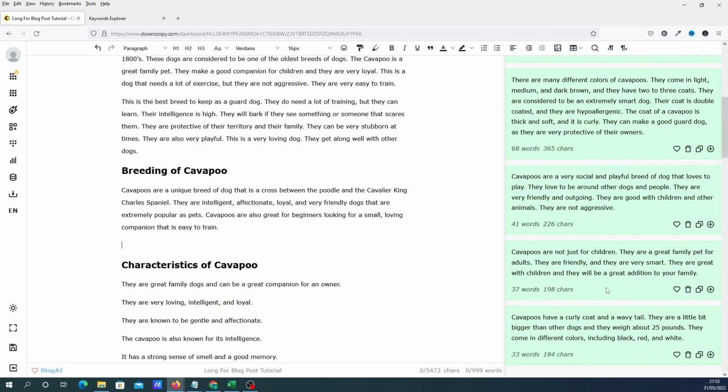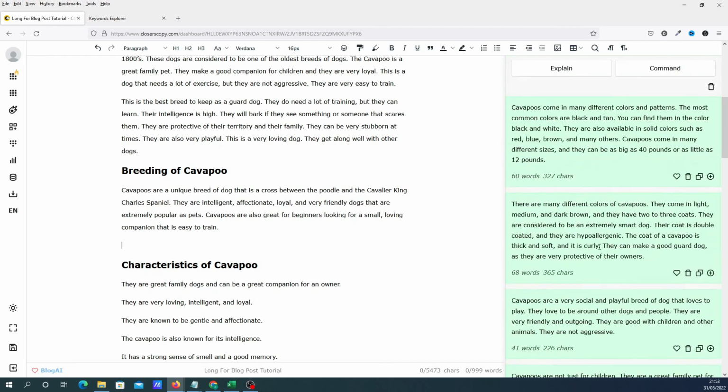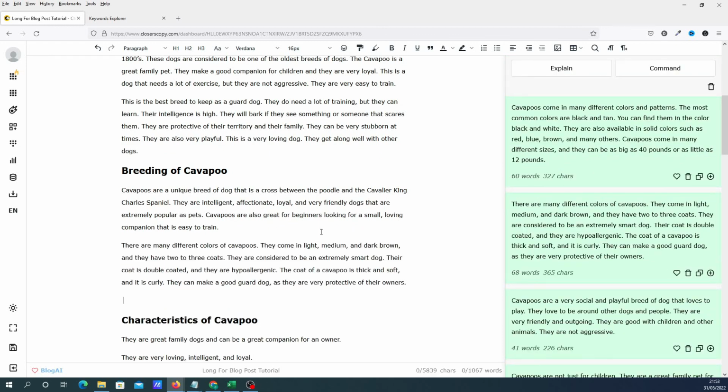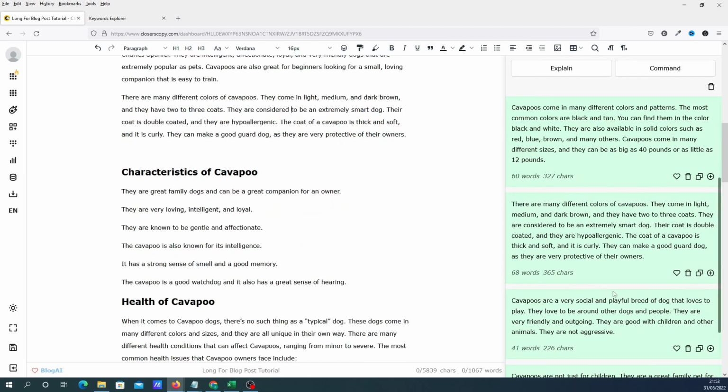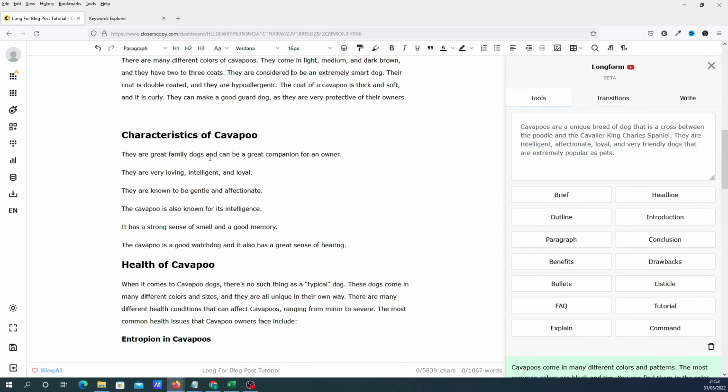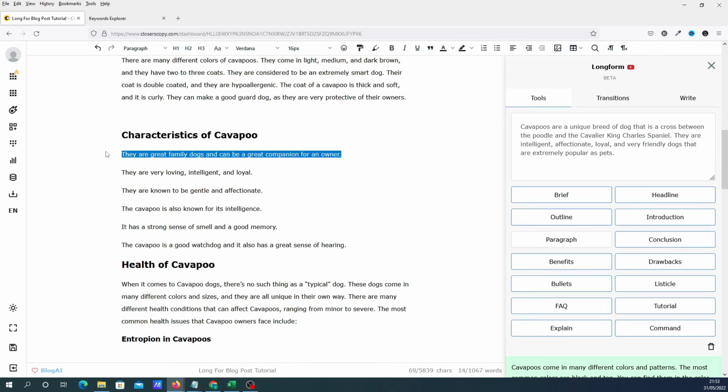Just have a look down to see if there's anything else there. No, I do like that one. I also wanted this hypoallergenic, so I'm going to put that in there. Now we've got the characteristics of the Cavapoo. What we can do with that is use the expand, so we can highlight that, right click,